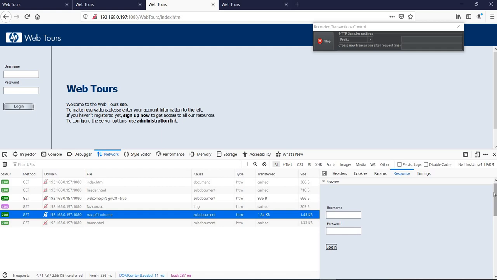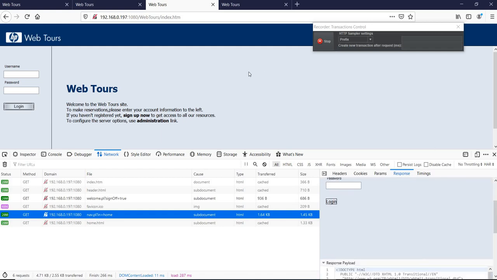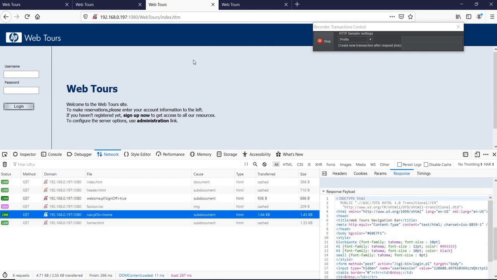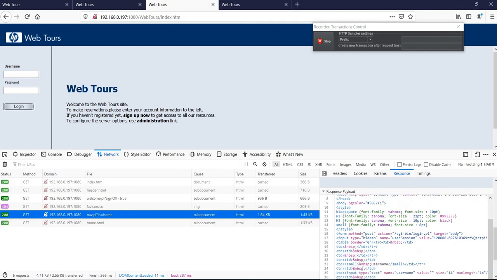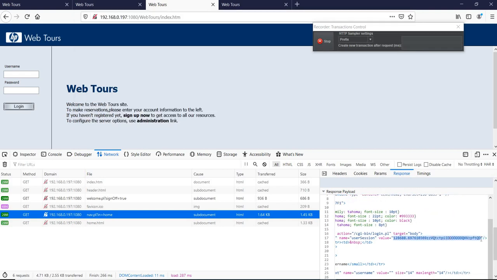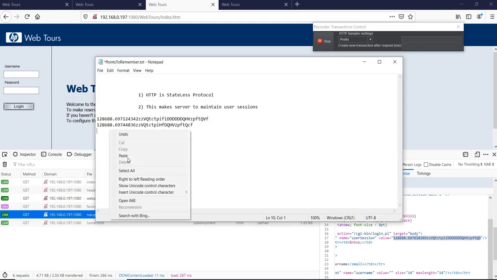We get these values as a response, and you need to understand we are getting the user session value before we log in. As soon as we connect to the server on the home page, we get this value. Till the time the server sends us the home page, it does not know where the request is coming from, but after we log in, it starts knowing. How? Because of this user session. I have copied 3 of them and I'm pasting them over here.